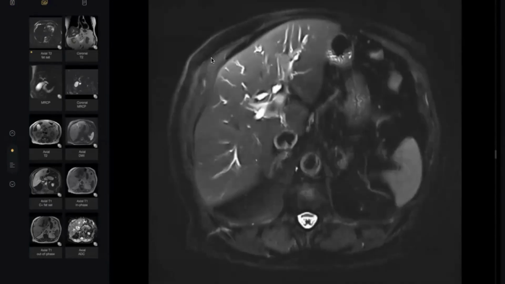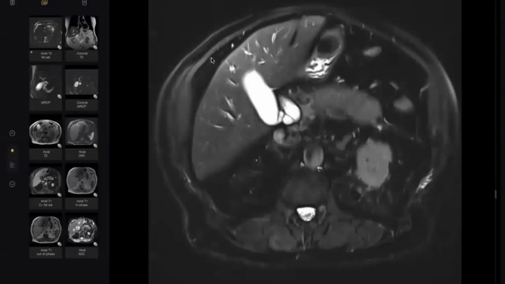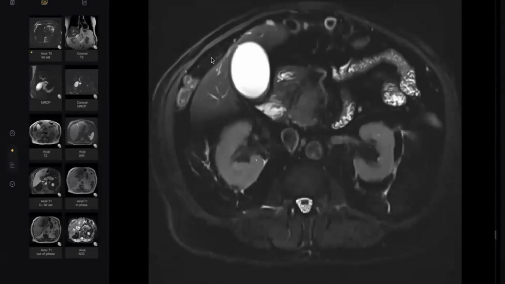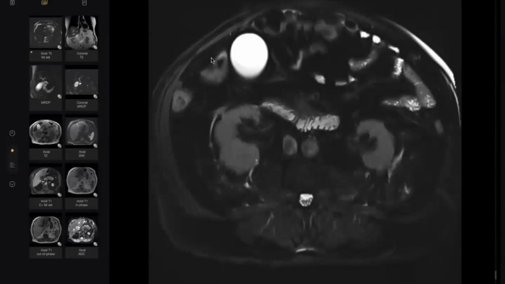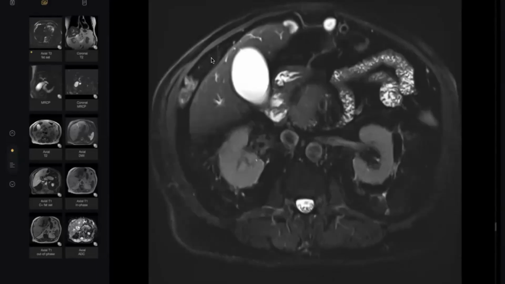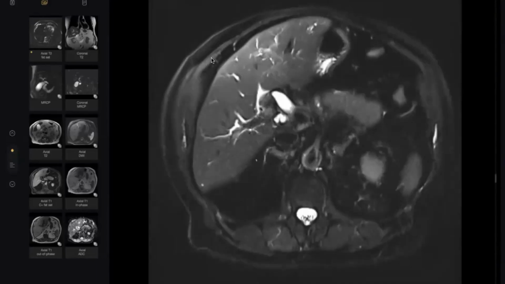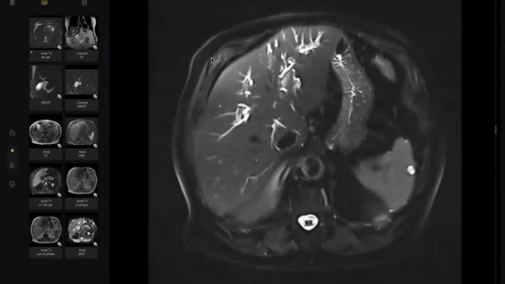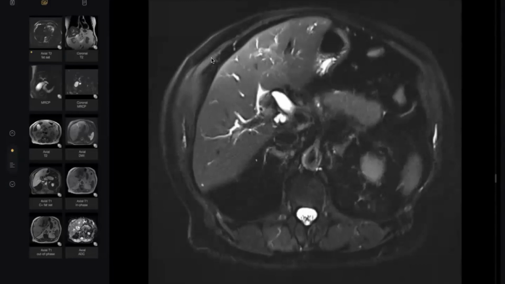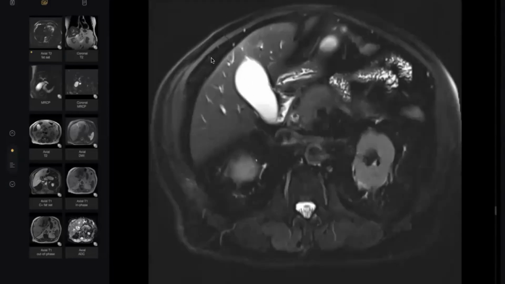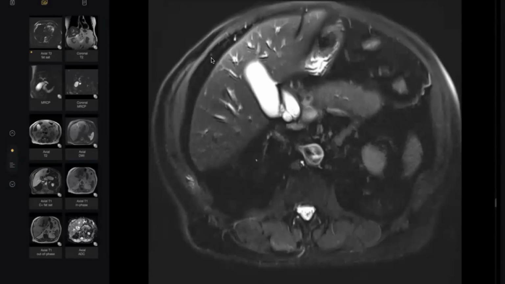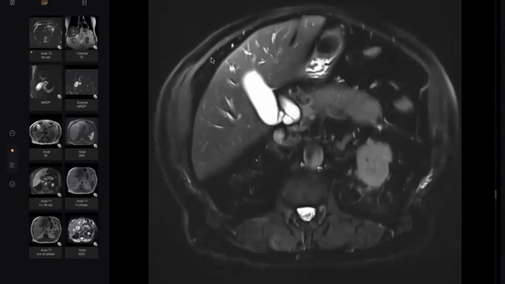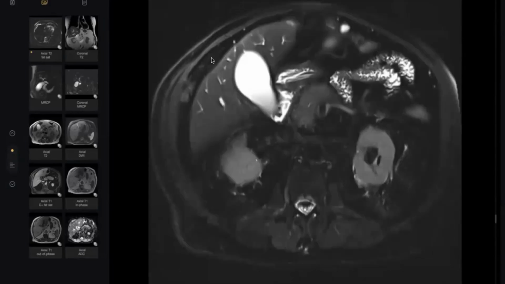An 85-year-old male patient presented with painless jaundice. Sir, I'm provided with axial images. I could appreciate that there is intrahepatic biliary dilatation, more so in the left lobe. The extrahepatic biliary ducts also seem dilated. Sir, can you please scroll down a little bit slowly? Sir, the gallbladder is well distended. The pancreatic duct is not dilated. I could appreciate a filling defect within the